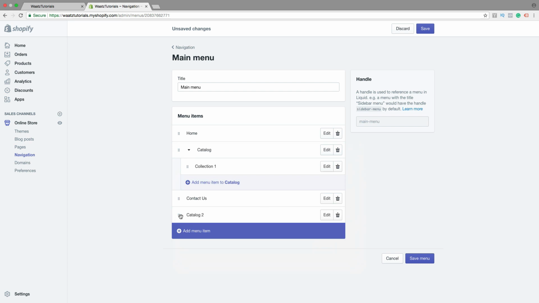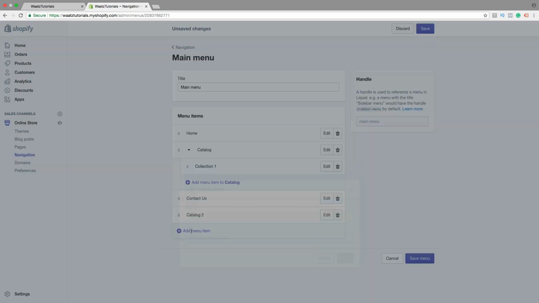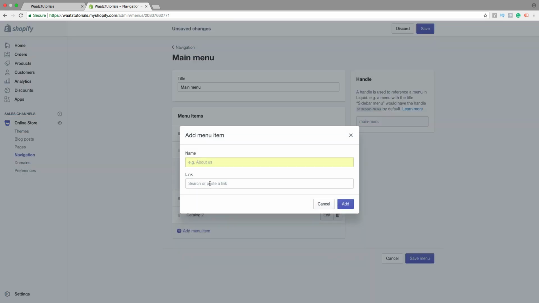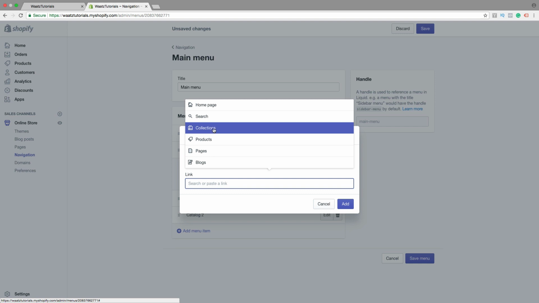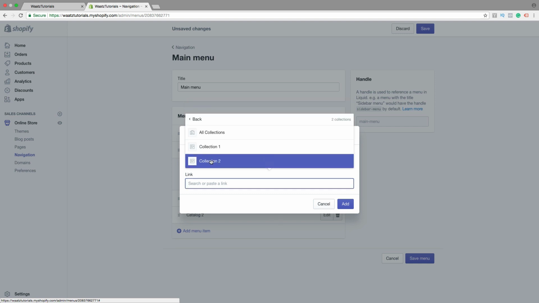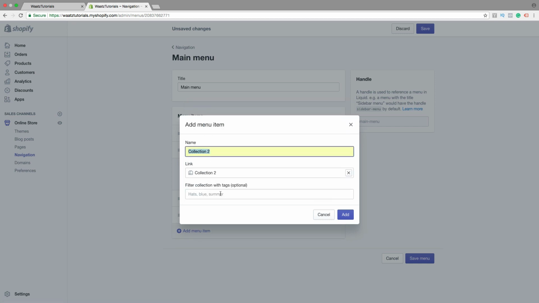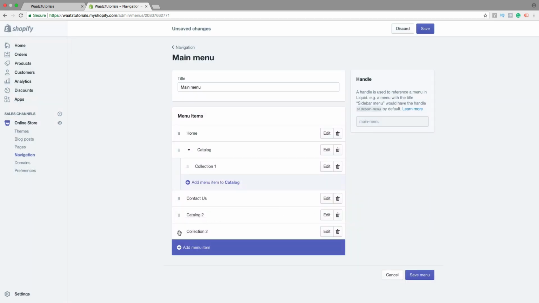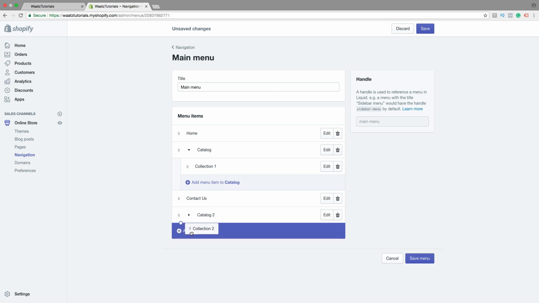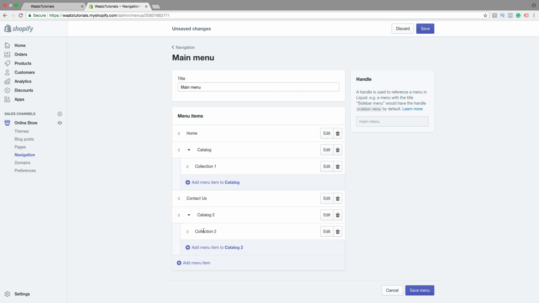So in catalog number 2, we're gonna create two levels. So just click on add menu item. Select collections, collection 2. You can add a tag if you want. Click on add. Okay, so drag this to the right, like that.